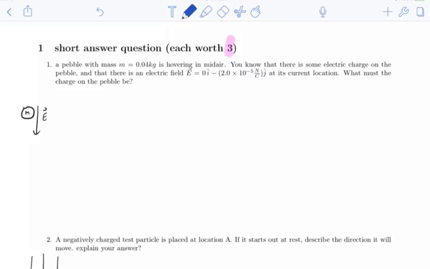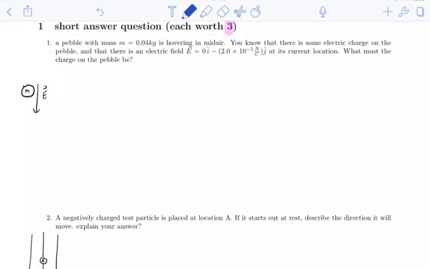Let's start these questions. A pebble with mass blah is hovering in midair. Oh, look, there it is, hovering in midair. You know that there's some electric charge on the pebble, and there's an electric field, blah, pointing downwards at its current location. What must the charge on the pebble be? Okay, so it's hovering in midair. What does that mean? It means its acceleration has to be 0, and that means the net force has to be 0, so that means there needs to be at least